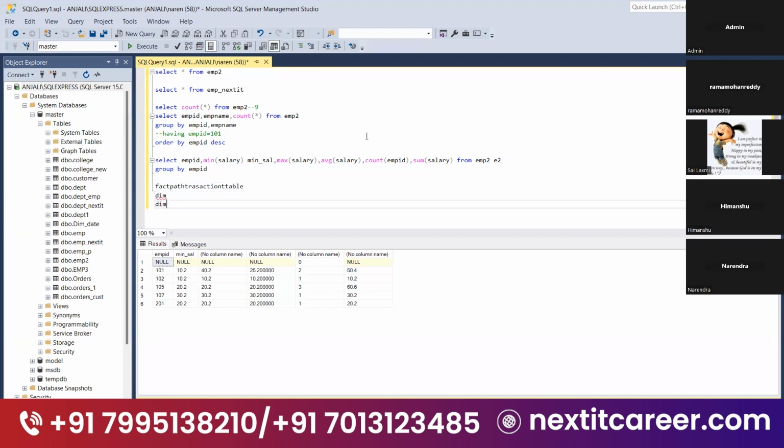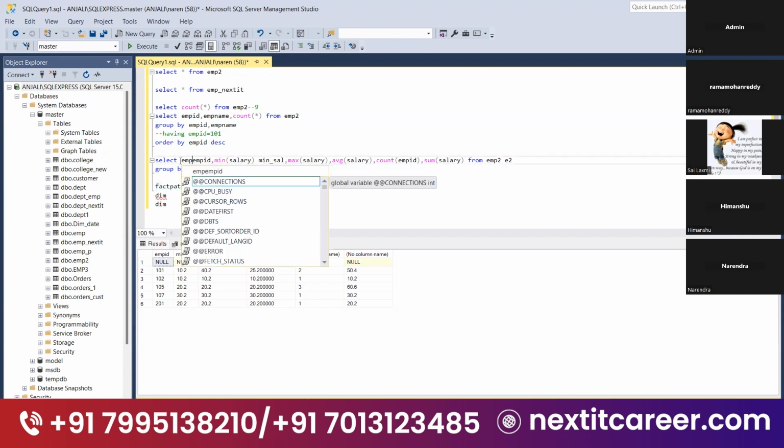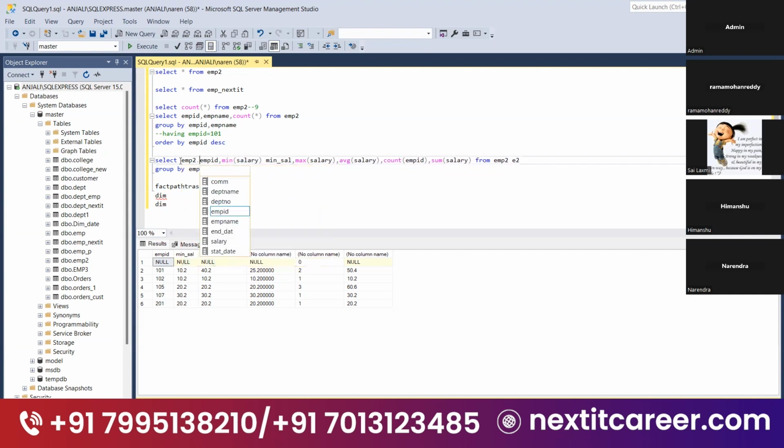Whenever you join with these different tables, we have to utilize the table name to call a column from that table. Suppose this is the employee two table, and you have to call this column, so it should be employee two dot employee ID, because if there are multiple tables available in the query, the employee ID will be available in